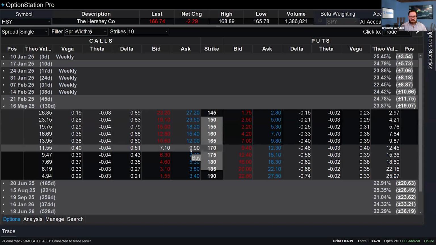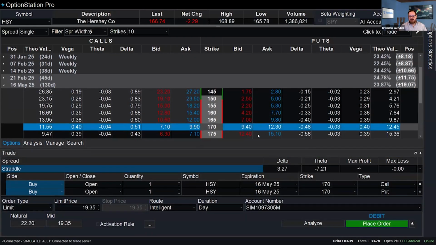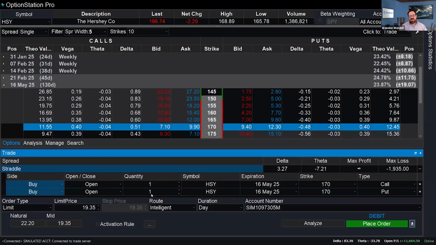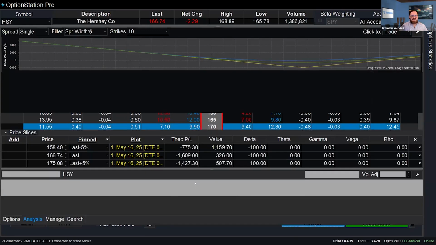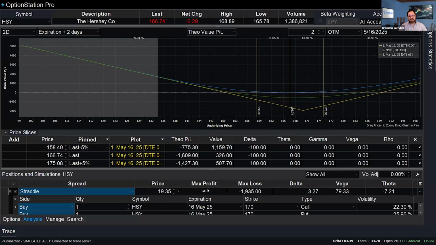That would be buying this one, and buying the put at the same time. There it is. So we analyze that position. There we are with the straddle. Max profit, infinite to the upside because it can go up forever, and downside. Well, you can also figure out what day we wish to exit. Remember, I'm going to be exiting this.